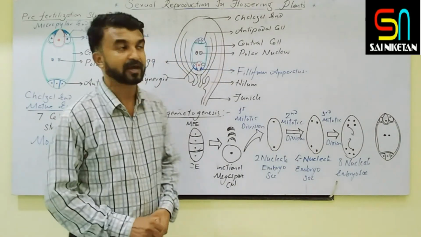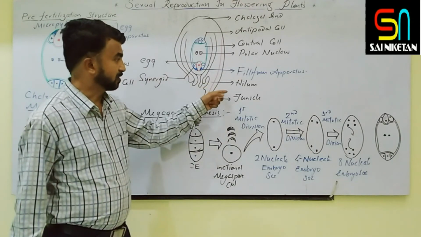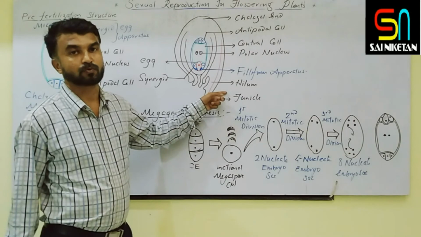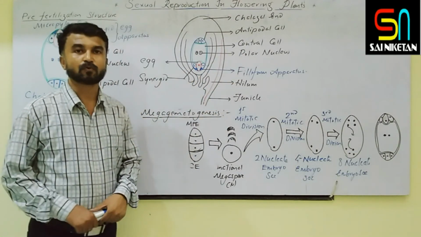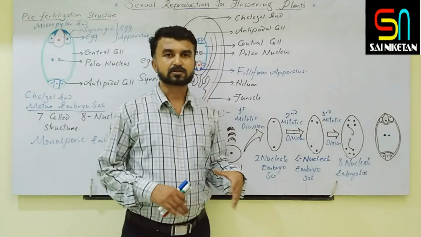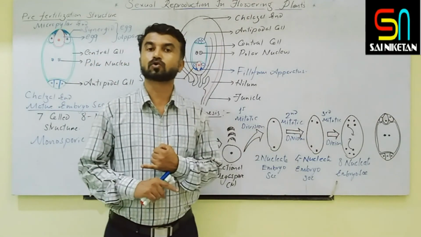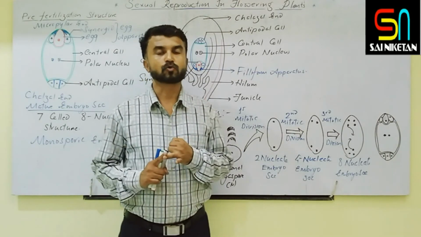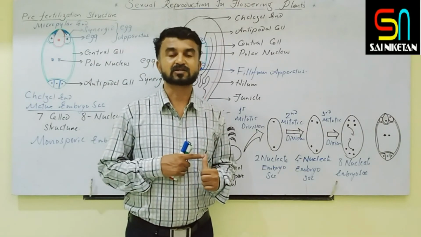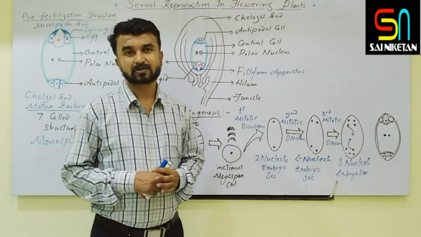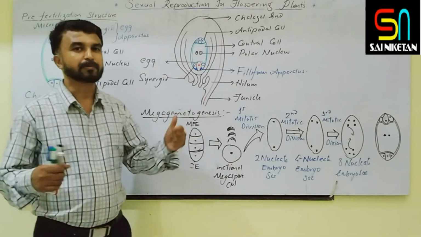So this is about the embryo sac. Most of the angiosperm plants contain the anatropous ovule, like this structure. Apart from this, almost 6 types of ovules are there. That is not given in the textbook. The ovule is either orthotropous, anatropous, hemianatropous, campylotropous, sarcinotropous, or amphitropous. All that topic we will cover in the next class briefly.